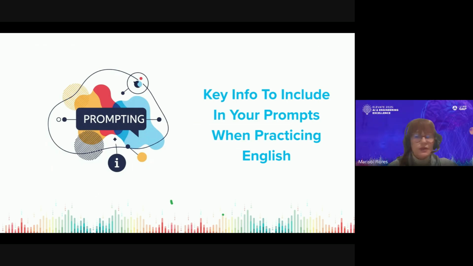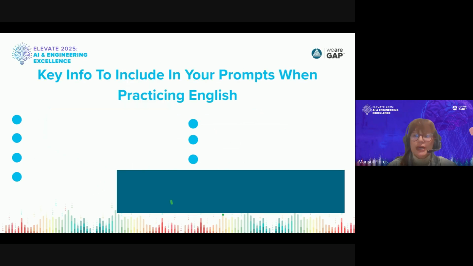First things first. When beginning your interaction with AI, it's paramount, guys, believe me, to provide as much context as possible in your prompt. So what do we need to include? First and foremost, your English level, okay, whether you're a beginner, an intermediate, or an advanced learner. So AI responses will match your comprehension and learning abilities or needs.